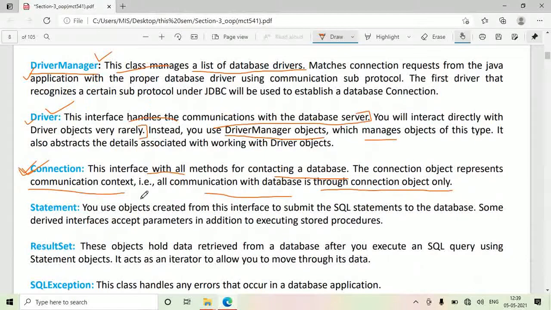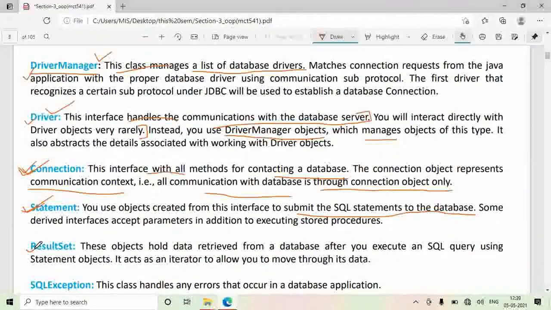Then statement. Statement is a class which you use to submit SQL statements to the database. When you want to submit a query to the database, you need the help of this statement class.